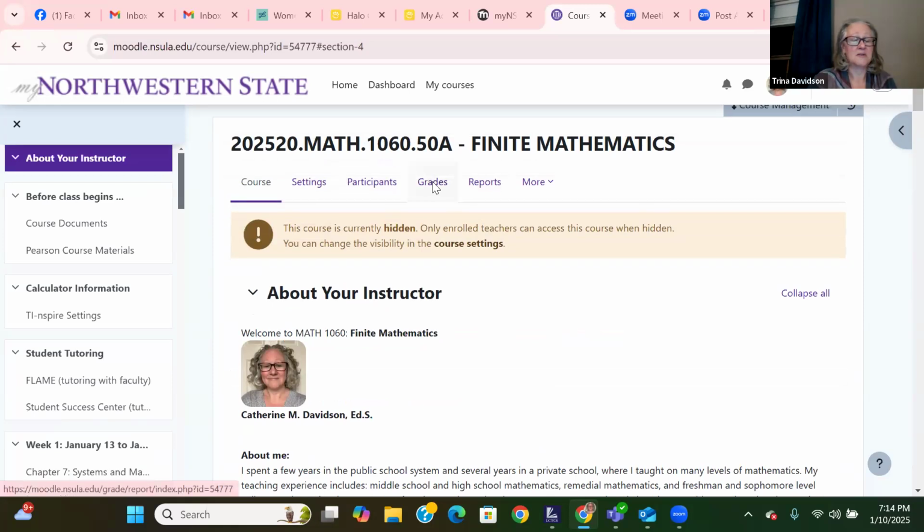Grades are here, and that should be set up. I'll go in and get those dates changed for you before the class starts on Tuesday. But if you happen to get on this weekend, I'm going to go in there real quick. You can actually go ahead. I'll have it so you can start working ahead if you want to. All right. I think that's about it. And I guess I'll see most of you on Tuesday.